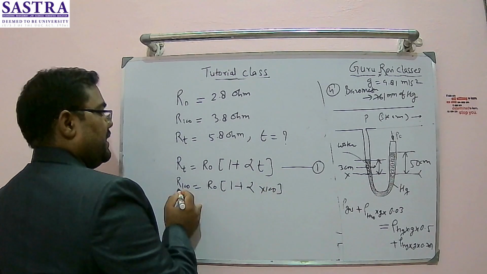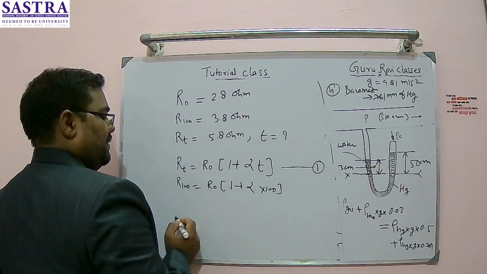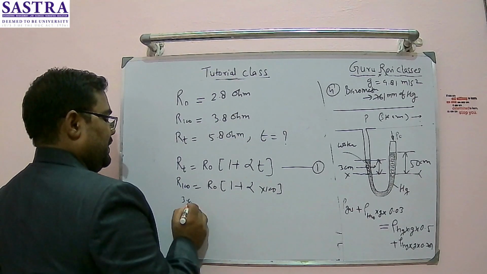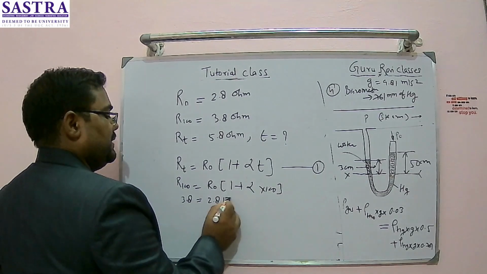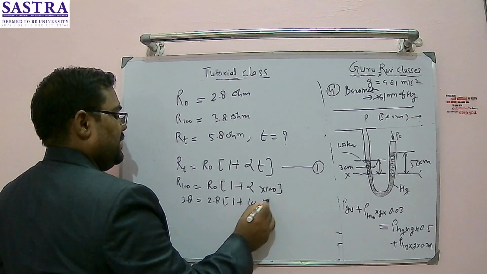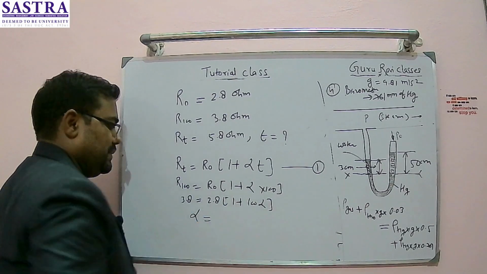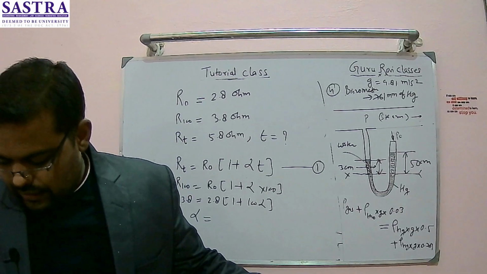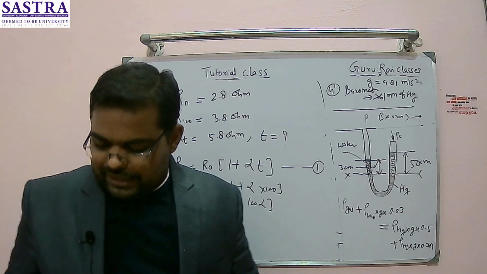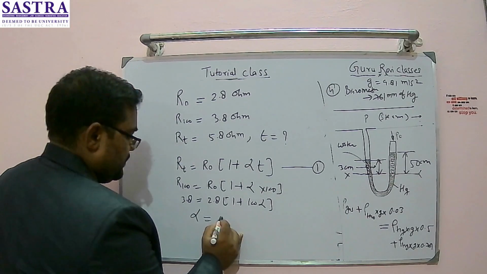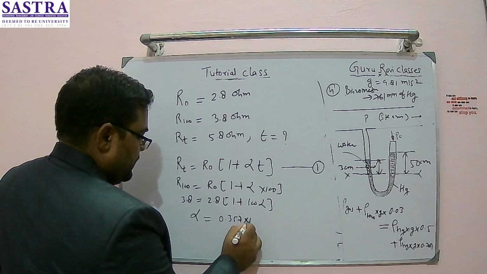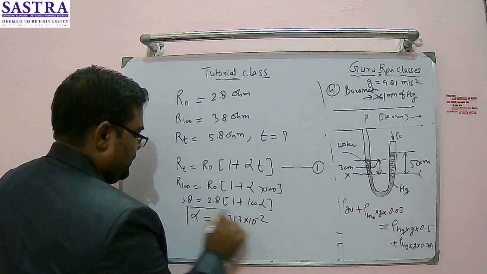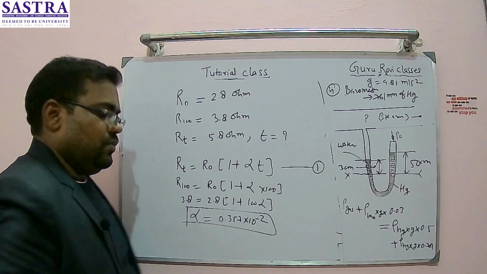So R naught and R100 are given, so I can get alpha out of this. So 3.8 is equal to 2.8 times 1 plus 100 alpha. Just solve this. 3.8 divided by 2.8, you can get alpha around 0.357 times 10 to the power minus 2. This is the value of alpha,